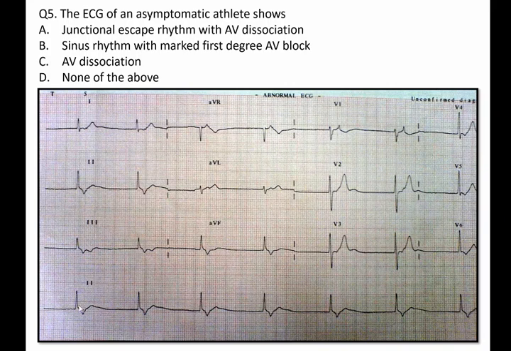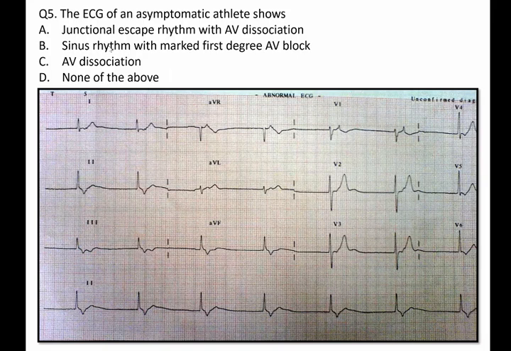What is more likely is that this AV junctional focus conducts retrogradely and activates the atria and results in this P wave morphology, which suggests retrograde atrial activation. So here the ventricular rhythm is controlled by the junctional focus, which everybody understands, but the atrial activation is also controlled by the junctional focus through retrograde atrial activation. So if you look at the heart in totality, there is only one pacemaker, that is the AV junction. So there is no AV dissociation here. Both the atria as well as the ventricles are controlled by the junctional focus, and so the correct answer is